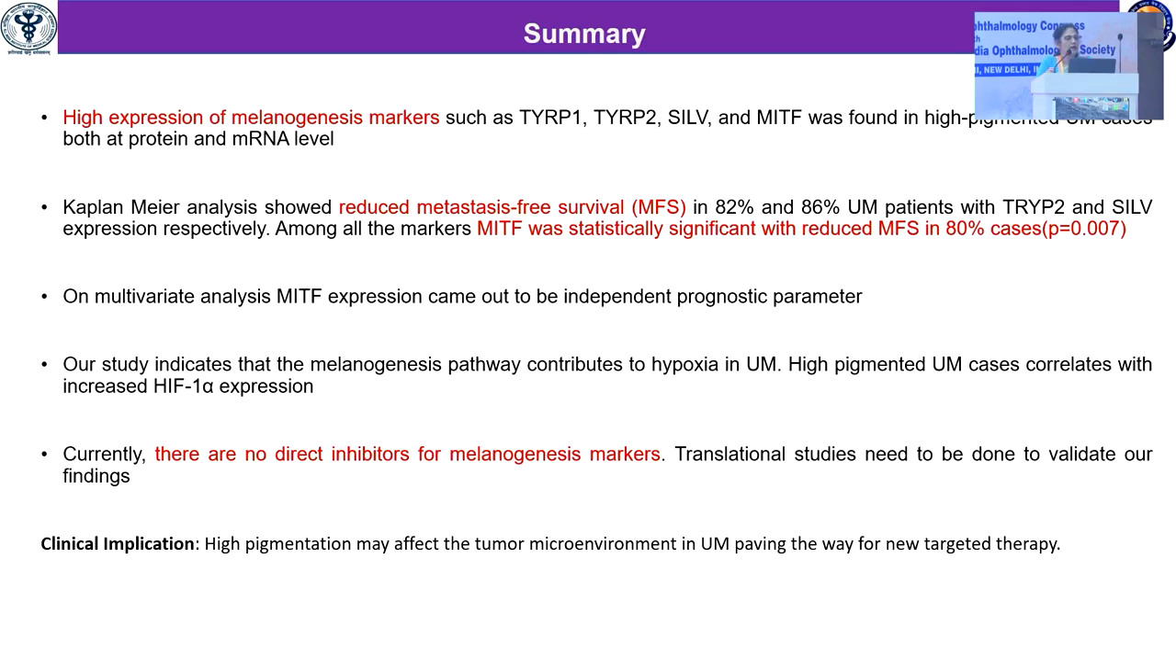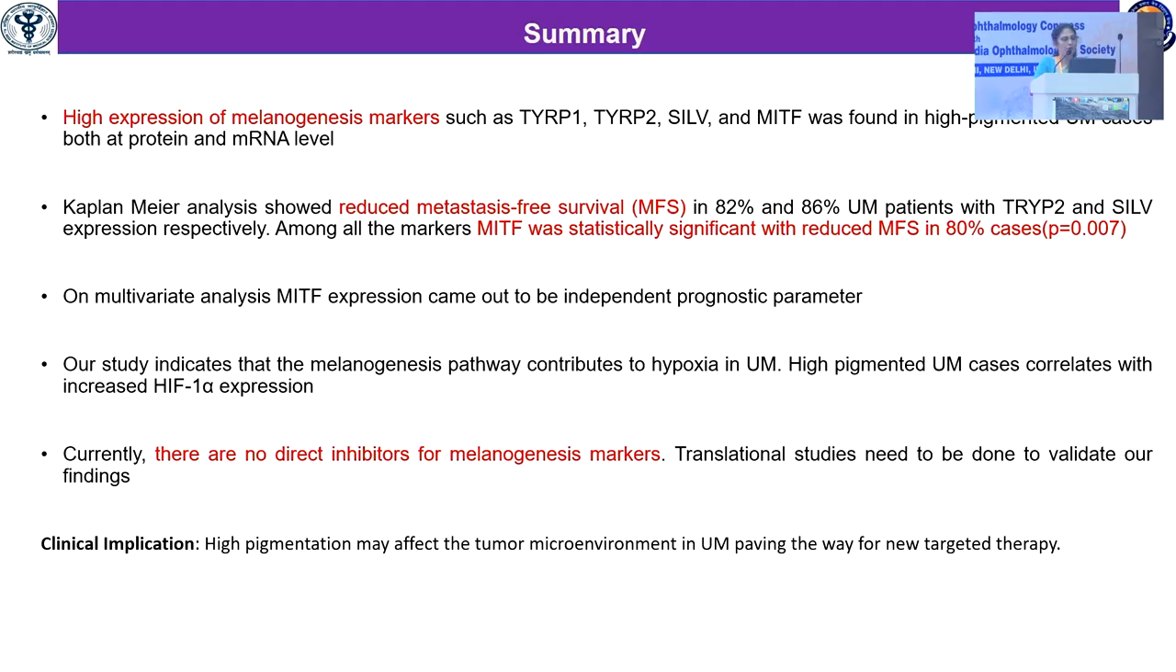So to summarize, high expression of melanogenesis markers, TRP1, TRP2, SILV and MITF were found in all high pigmented UM cases, both at the protein and mRNA levels, and Kaplan-Meier showed reduced metastasis-free survival in 82 and 86% of UM patients with TRP2 and SILV. But among all the markers, it was MITF which was statistically significant with reduced metastasis-free survival. On multivariate analysis, MITF expression came out to be an independent prognostic parameter, and